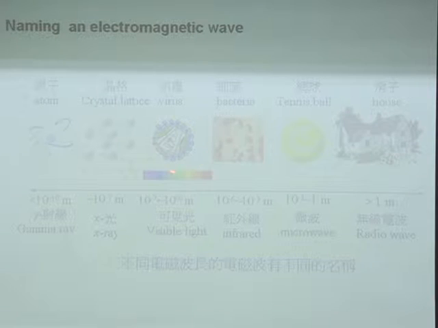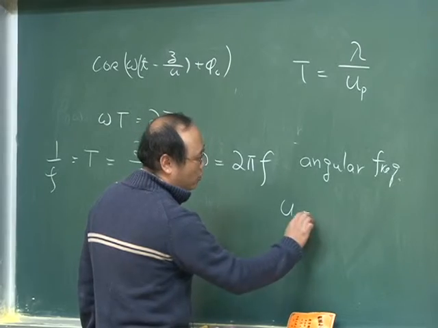And if you continue to reduce the wavelength of the radiation to about a few angstroms, similar to the lattice constant of a lot of solid materials, then we call this X-ray. And if you further reduce the wavelength to the atomic scale, then we call this gamma ray. So basically, we use the wavelength to give names to different electromagnetic radiation. OK， 基本上这个名称都是来自波长不一样。